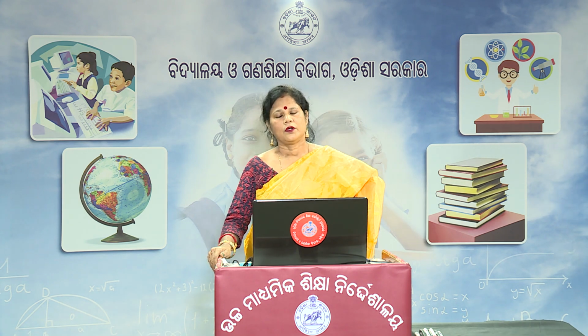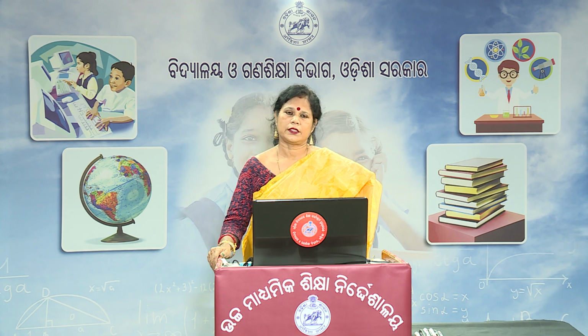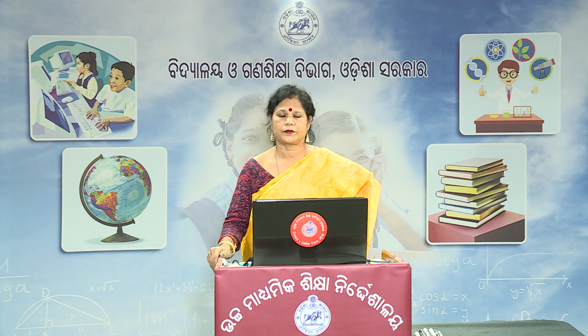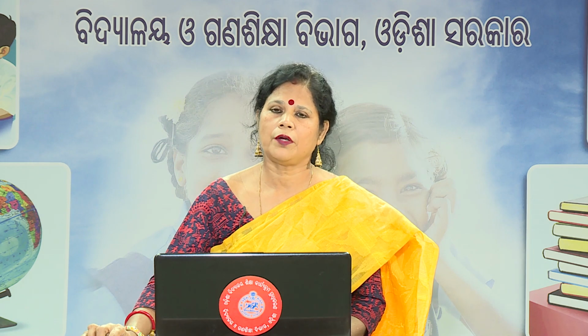So when "or" is used in the inclusive sense, it is called a disjunctive proposition. When "or" is used in the exclusive sense, it is called an alternative proposition. Okay? So now we will proceed. So, disjunctive categorical syllogism. In a disjunctive proposition the form is "either or", and in an alternative proposition the form is